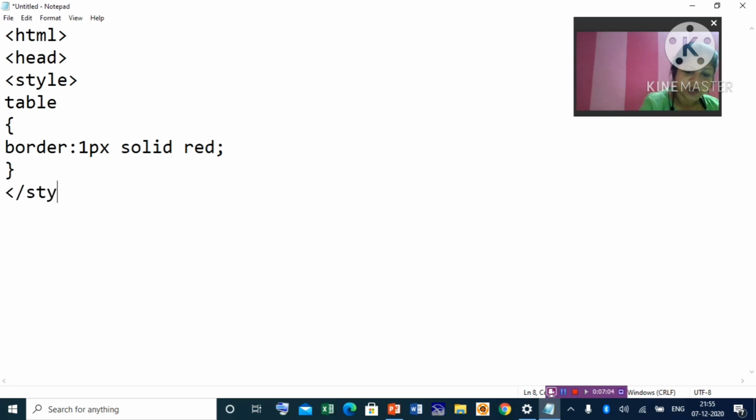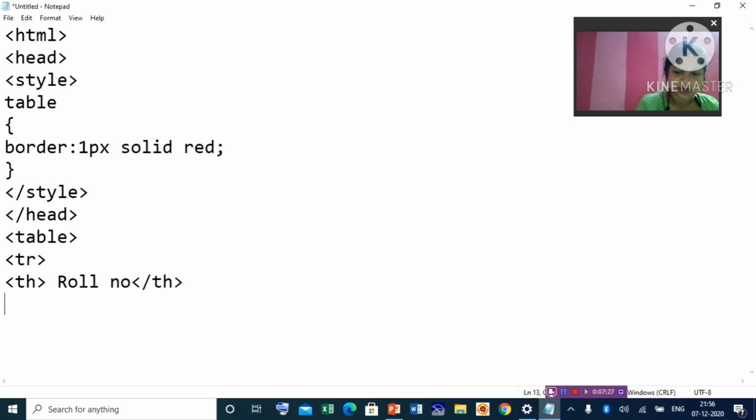Only one property. I will show you all the properties one by one. Then close head. Let us go to small tables, just like table here. Then first tr started. Suppose here one th I have taken. Try to understand. Small table I am taking.